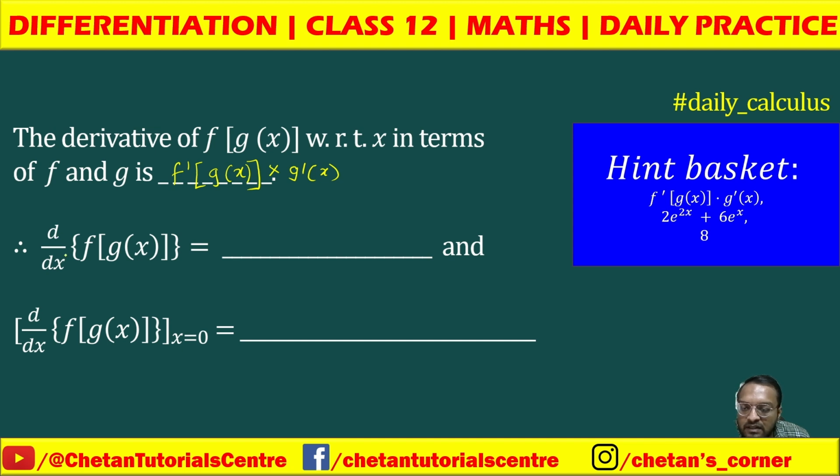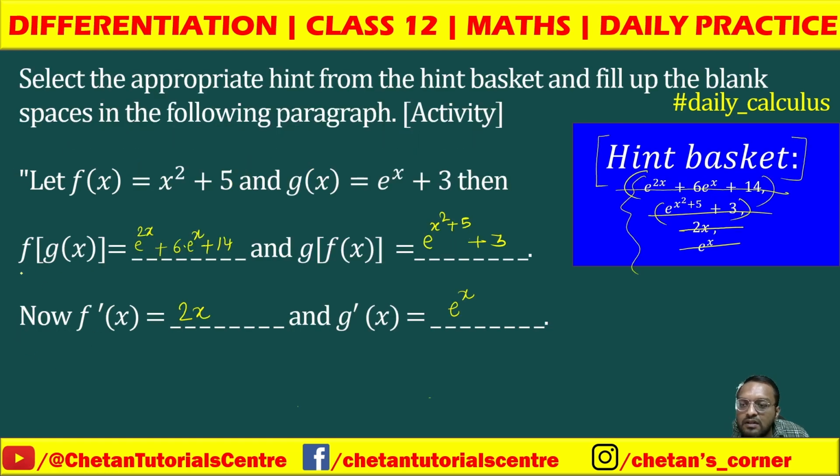d by dx means derivative of f of gx. So we have to find out derivative of f of gx. Now for this we will use the previous reference. So the value of f of gx is e raised to 2x plus 6 e raised to x plus 14. Now we have to find out the derivative of this function f of gx, which is equal to